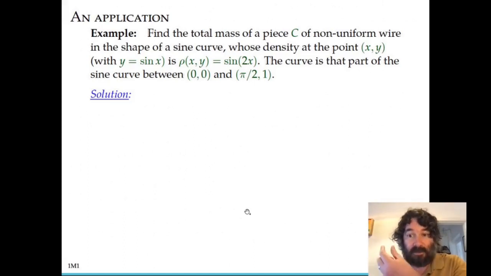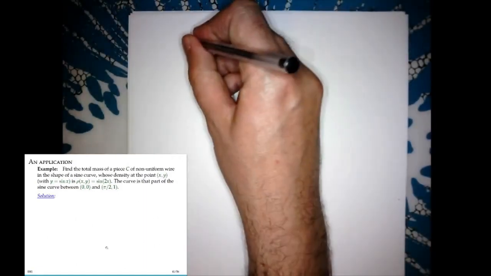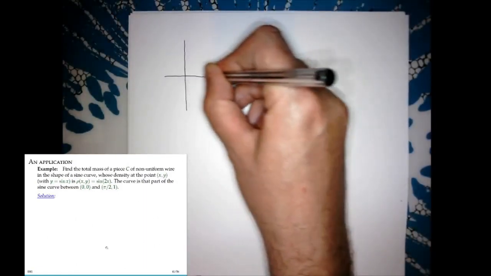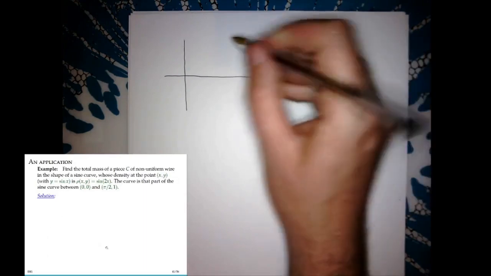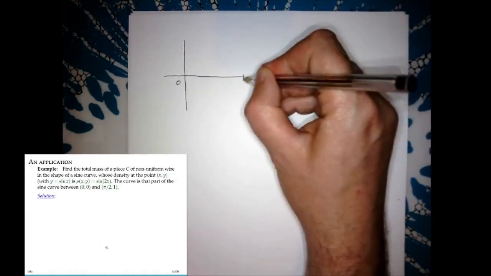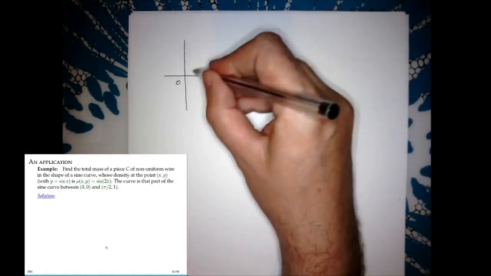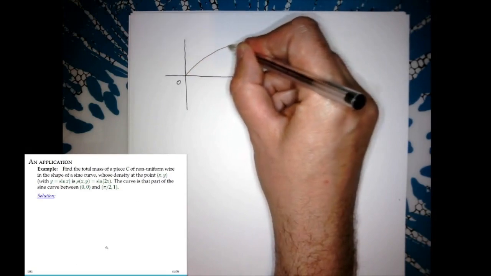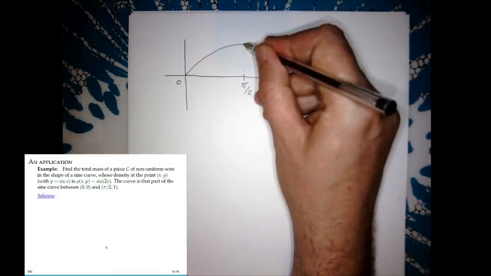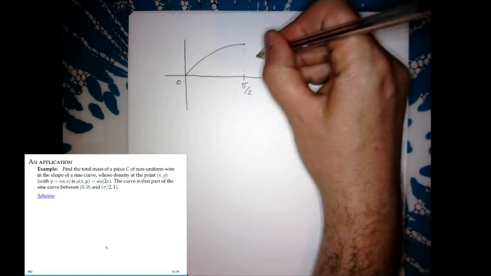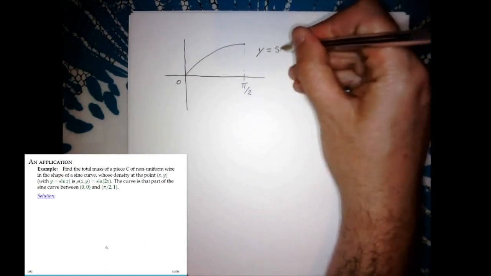And when we take the limit of the length of the small sections, the delta s goes to 0, that becomes a line integral with respect to arc length. Okay, so here's the situation. In this example, we have this wire and its shape is part of a sine curve from 0 to pi over 2, and this part of the sine curve is where sine is going up, and it looks like this approximately, and this curve is given by y equals sine of x,